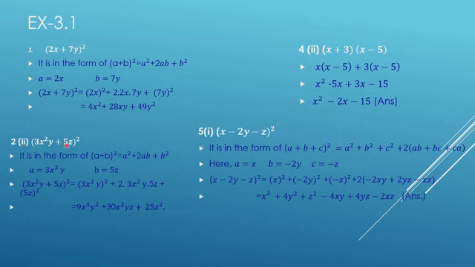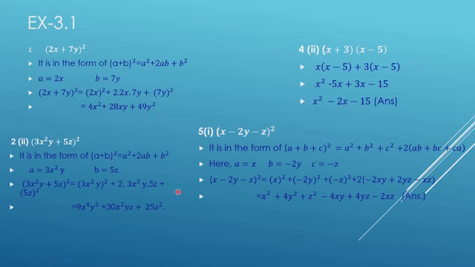(3x square y + 5z) whole square. So here also we see it is in the (a + b) whole square form. So the value of a will be 3x square y and b will be 5z, because the entire expression has been divided with a mathematical operation that is plus, so we can consider it as two terms. So your first term, that is a, will be equal to 3x square y, and second term, that is b, 5z. So when you put this in this formula, you get 9x to the power 4 y square plus 30x square yz plus 25z square. So this is your answer.